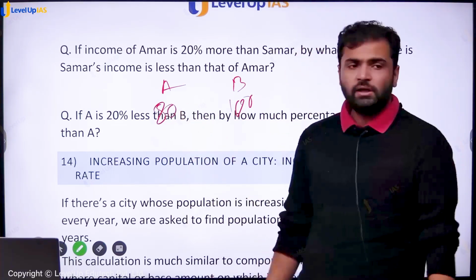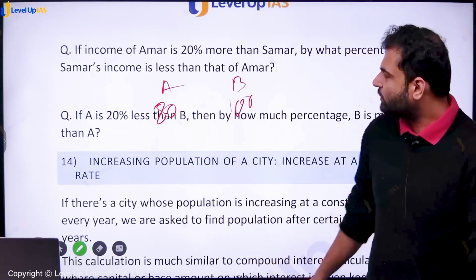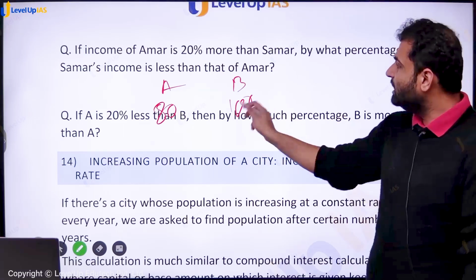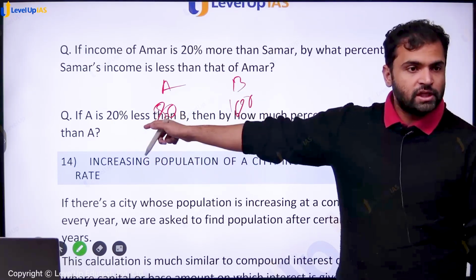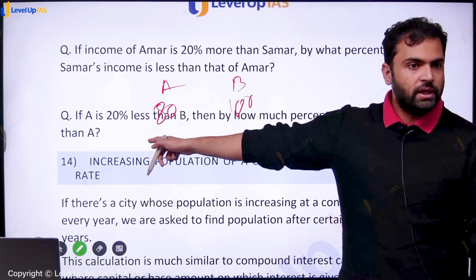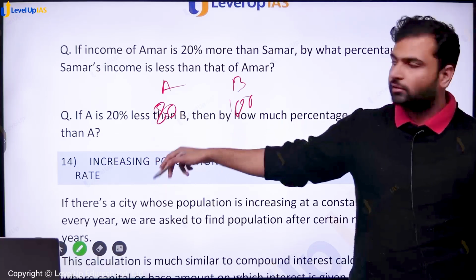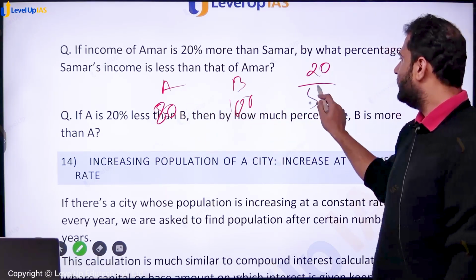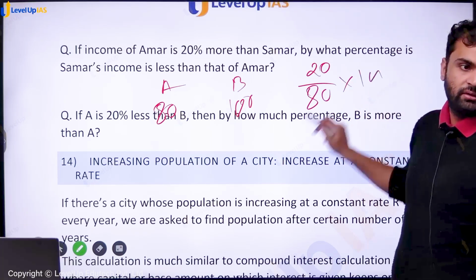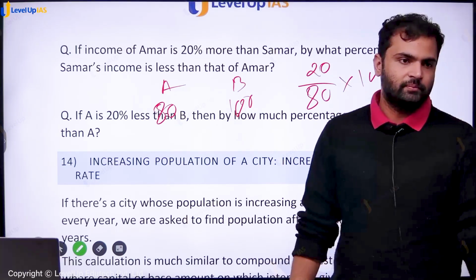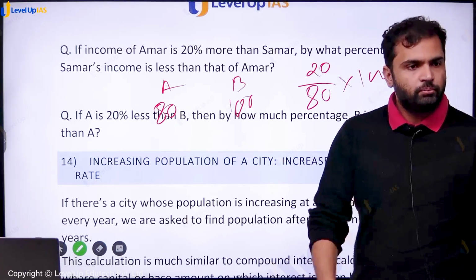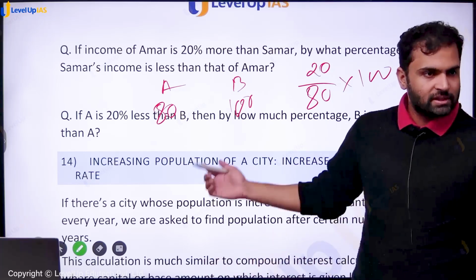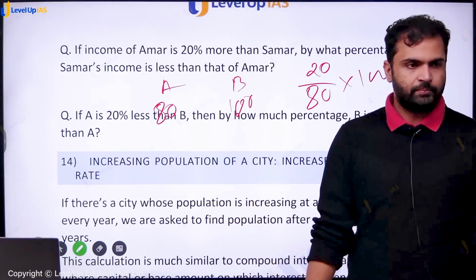A would be 80. Actual change 20. How much percentage is B more than A now? Now we have to change base to A's perspective. A is 80. So absolute change divided by 80 into 100. वही बेस चेंज करना है बस, पहले बेस 100 था, अब बेस 80 करना।